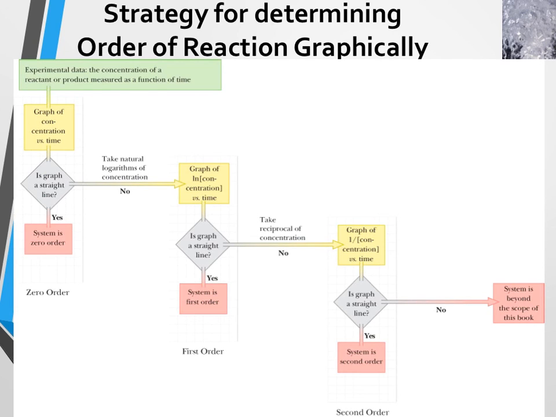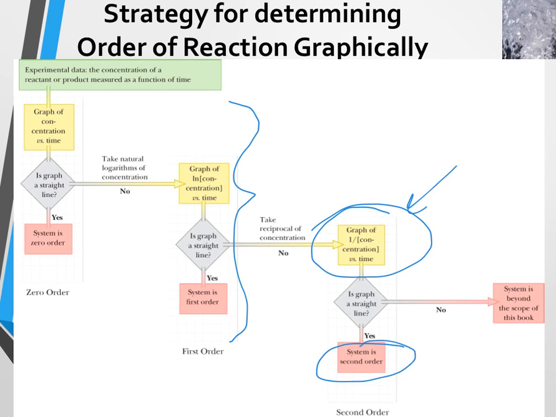Last slide. Here's the whole concept map. I kind of like this. The first time I showed this to you, I showed you a piece of it up to here. And now we've talked about second order, which just says if you graph 1 over the concentration and it's a straight line, it's second order. And if it's not a straight line, it's too funky for us, so you can ignore it. That's it